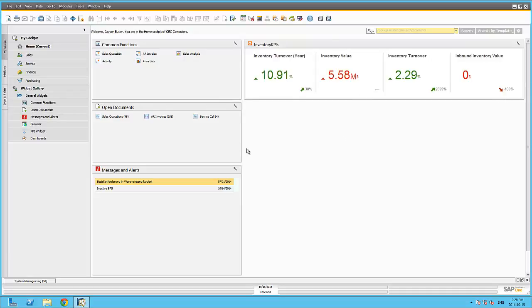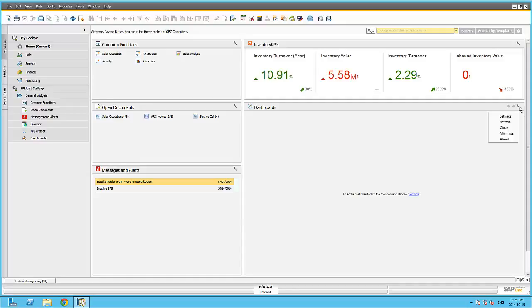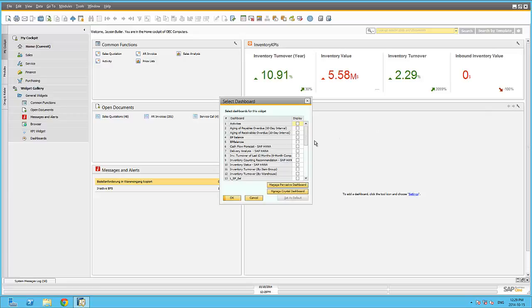The Dashboards widget allows me to expose the 21 predefined dashboards available within SAP Business One. These out-of-the-box dashboards were created with Crystal Dashboard Designer or Pervasive Analytics. Any user-defined dashboards created within Pervasive Analytics can also be exposed within this widget, as well as those licensed via the Crystal Dashboard Designer. Again, by clicking on Settings, I can now select all the predefined and user-defined dashboards available